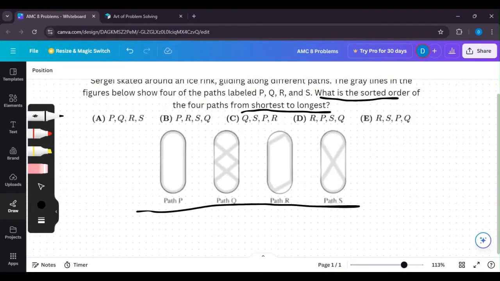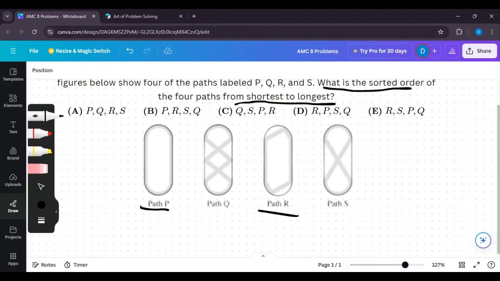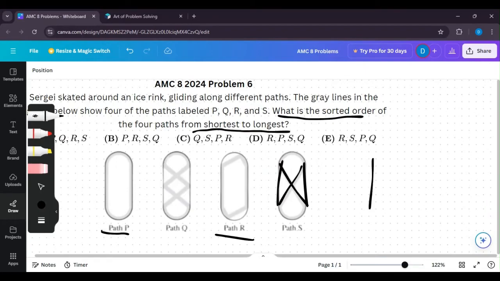And it's pretty easy because we eliminate it down to 2 options, path P and path R. And we know that's not path S and path Q because they're taking a lot of slanted routes, which is longer than just straight routes up and down. And right here as well, it's obvious these slanted paths are longer than these regular straight lines,